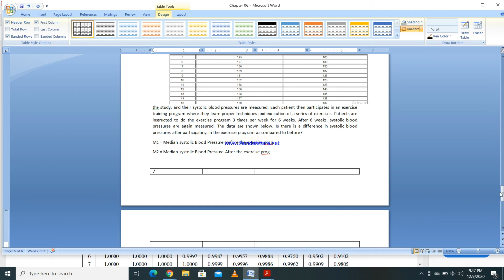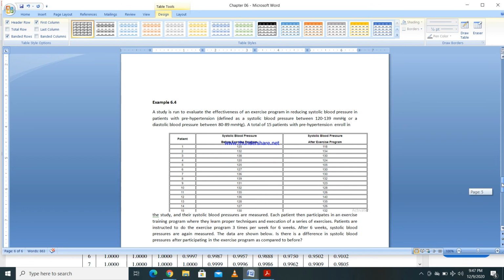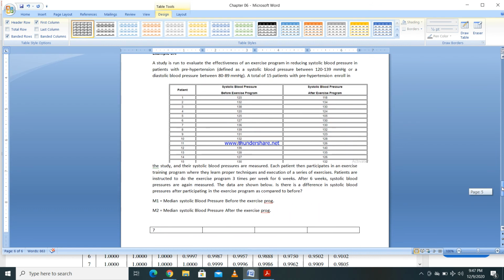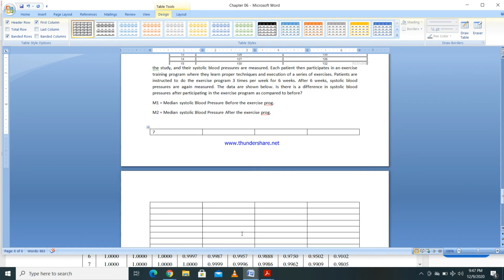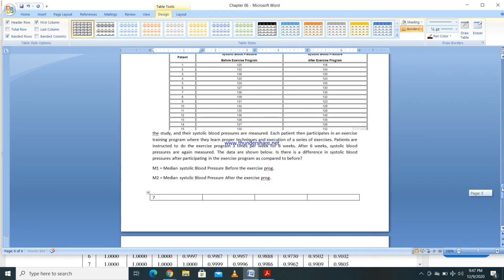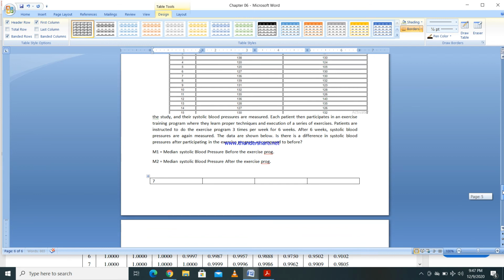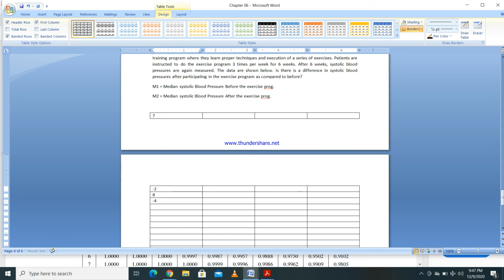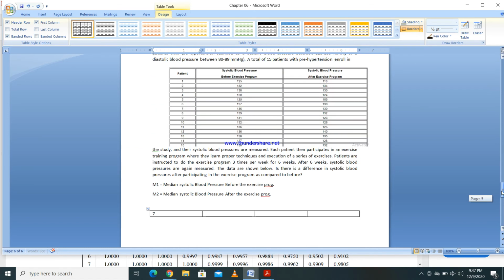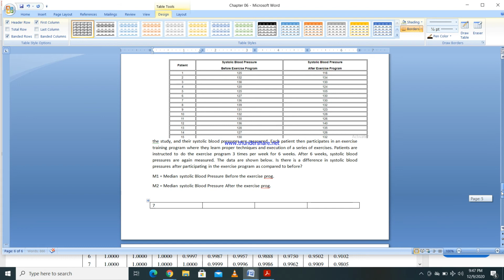In the next one, you have 132 minus 134, that is minus 2, and then we have 138 minus 130, that is plus 8, and then we have 120 minus 124, that is minus 4, and then we have 125 minus 105, that is plus 20,